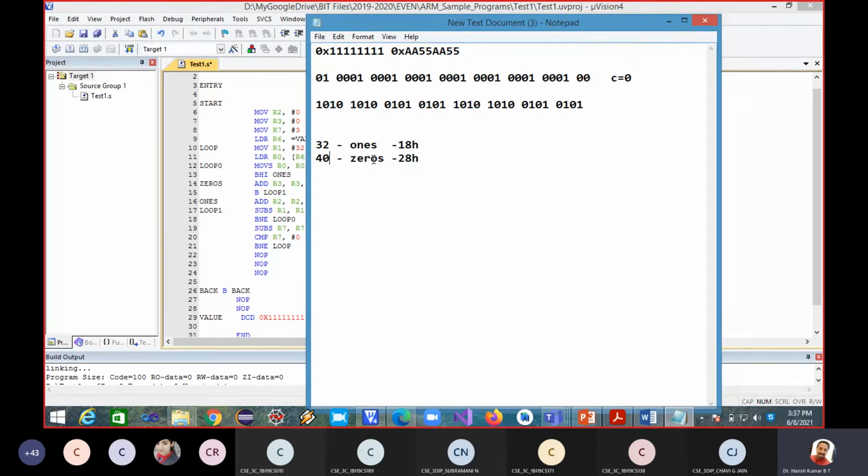That is 40 plus 24, it is 64. 64 zeros and 32 ones. What is the hexadecimal equivalent of 32? 20. Correct, right? And what is the hexadecimal equivalent of 64?